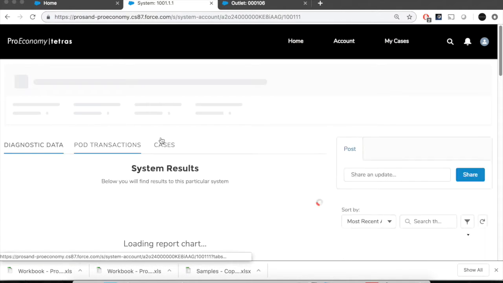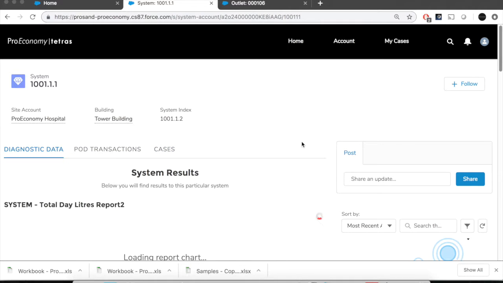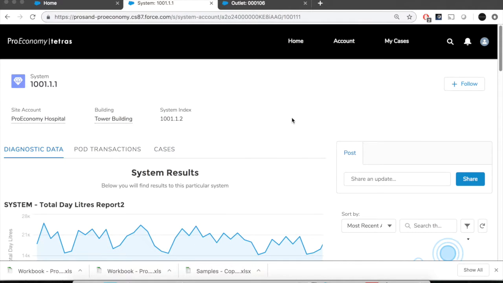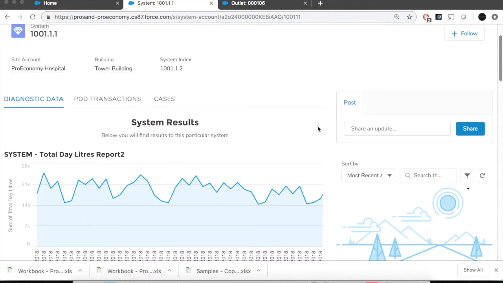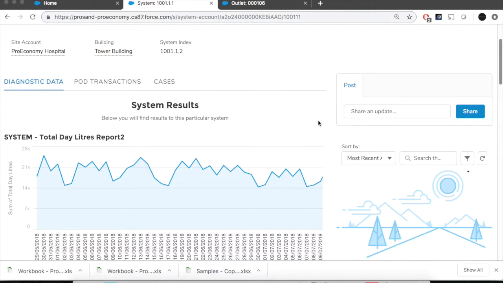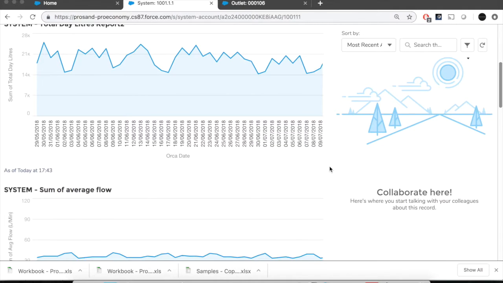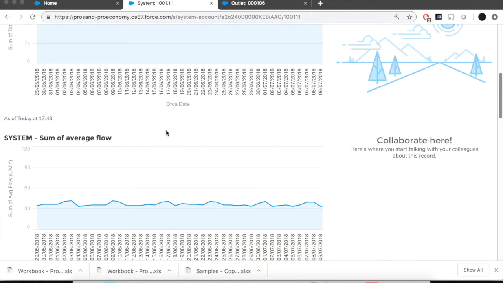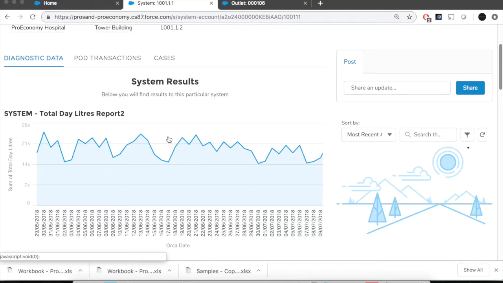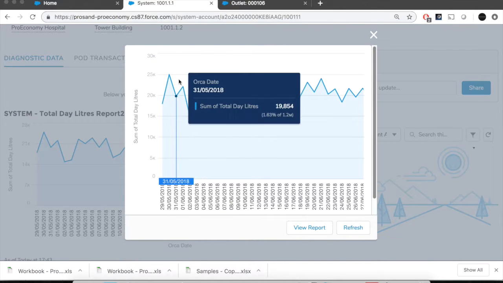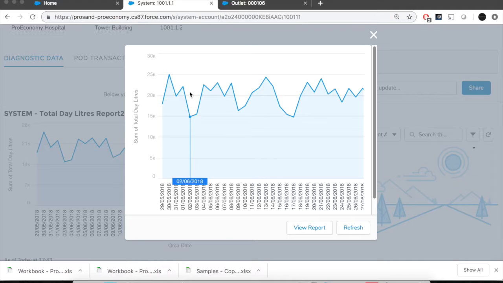So you just click on here. And then here, this is where you'd be able to see all of the diagnostic data. So all of the diagnostic data is either remotely or physically downloaded by our engineers. And then you'd be able to come down here and see all of the different aspects of this system. So total water consumed within a day for this system, the average flow rate for this system. And the great thing here is you can click on those again, and you can hover over and see exactly what's going on at the different times